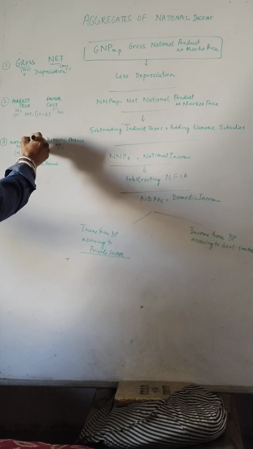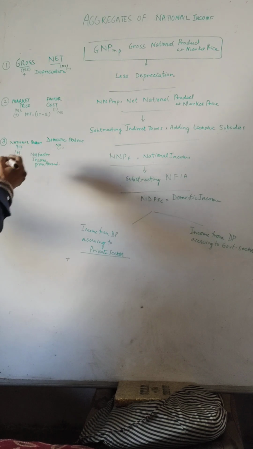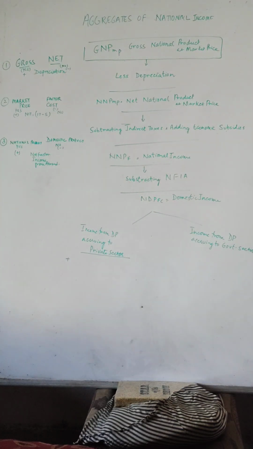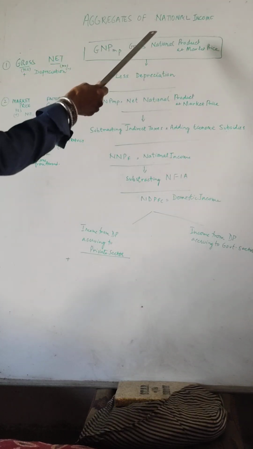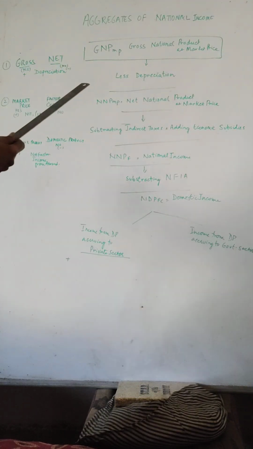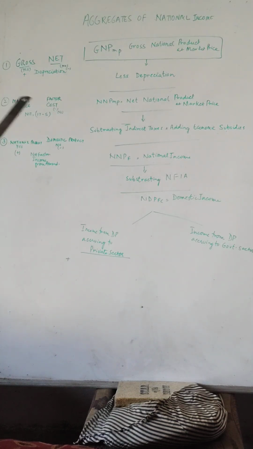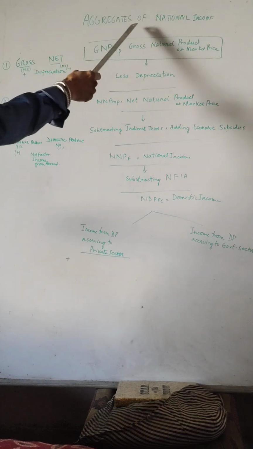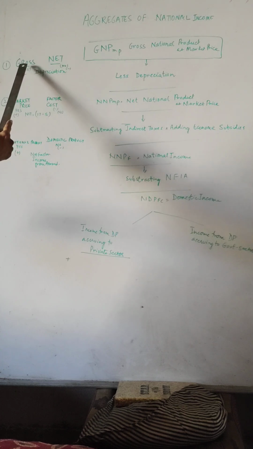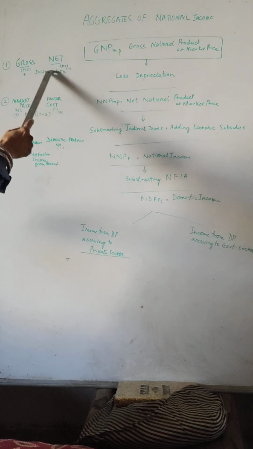So you will see that sometimes we also talk about national product. National product is in kind. I mean, as you see the product, but if you convert it into income, that is factor income, then it becomes national income. So before we go on to aggregates of national income, I want you to know this: gross, net,